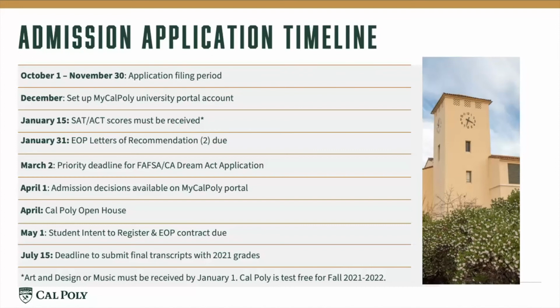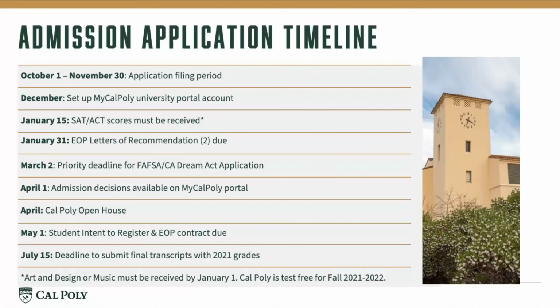However, it is important to follow the May 1st deadline, because if you forget to accept your offer, as of May 2nd, we will withdraw all applications for accepted students that did not respond. Therefore, if you miss the May 1st deadline, you will not be able to attend Cal Poly. So it's very important to make sure to click I accept by May 1st to confirm your space with Cal Poly. Also, we will give accepted students until July 15th to submit all final transcripts,